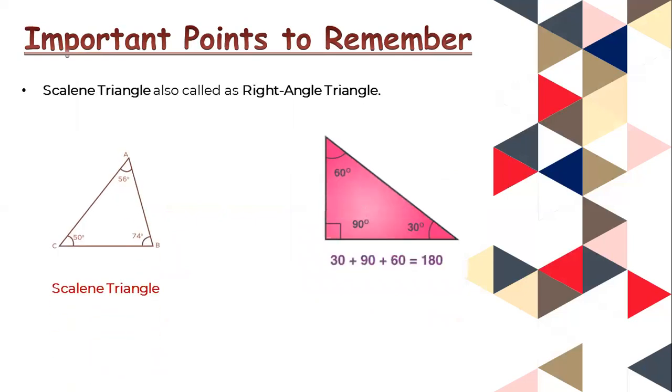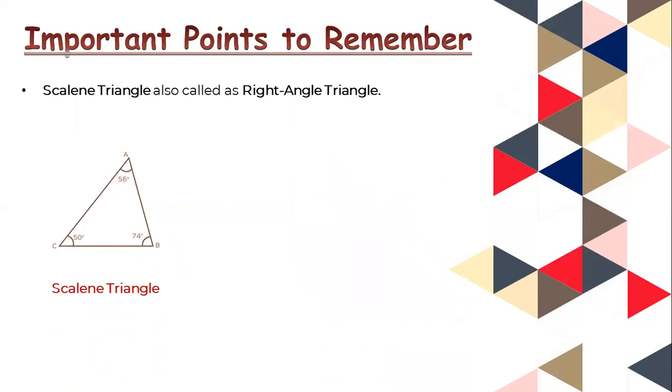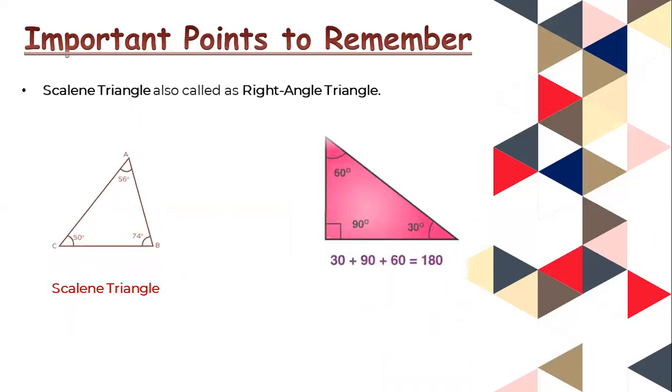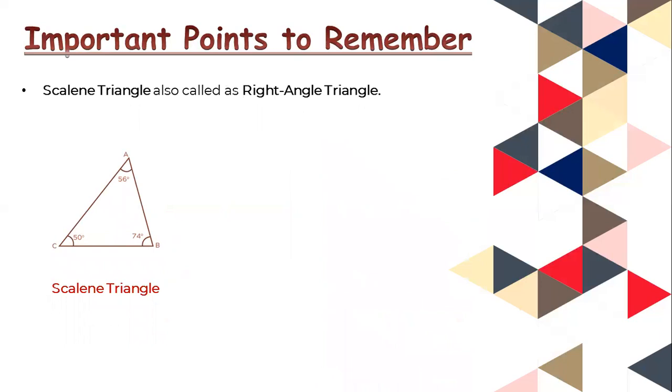स्केलेन ट्रायंगल इज ऑल्सो कॉल्ड एज राइट एंगल ट्रायंगल। ओके, यहाँ पे एक मिस्टेक हो गई है मुझसे, एनीवे सॉरी फॉर इट, बट राइट एंगल ट्रायंगल से तो आपको अंदाजा हो गया होगा, मैंने यहाँ पे राइट एंगल ट्रायंगल किया था बट मैंने वापस उसको आउट कर दिया, एनिमेशन आउट कर दी उसकी।